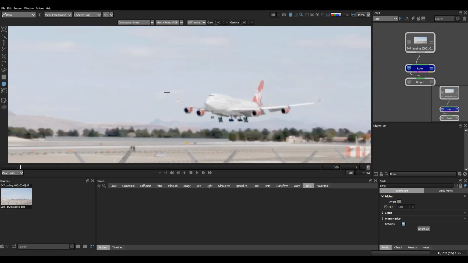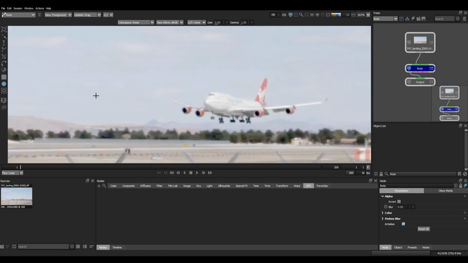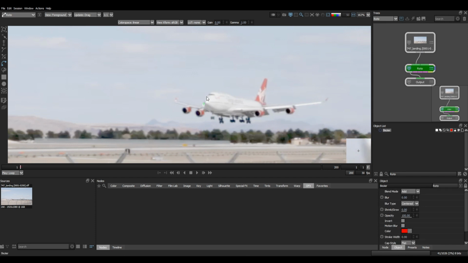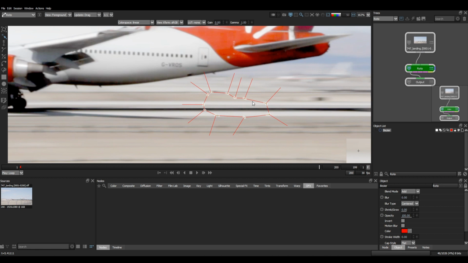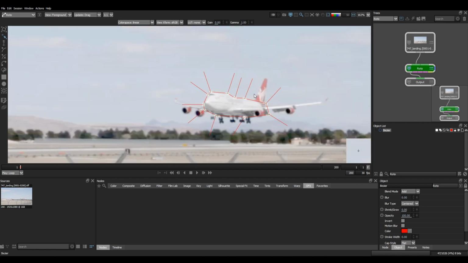So here we have a footage, and we have a lot of shapes here. I'm just going to draw a rough shape around this aeroplane. Okay, so yeah, I'm just going to draw a rough shape. It's not an accurate shape, you have to understand that. Here we have the feather handles, which are pretty irritating. So I just want to